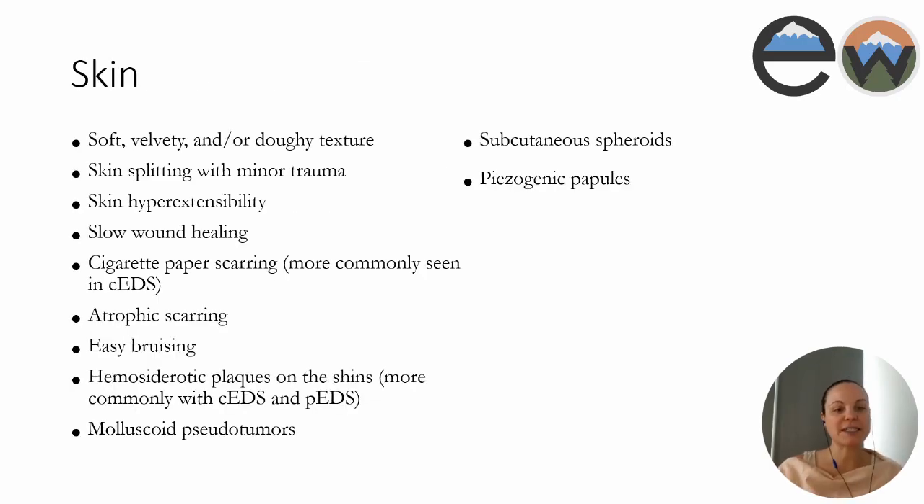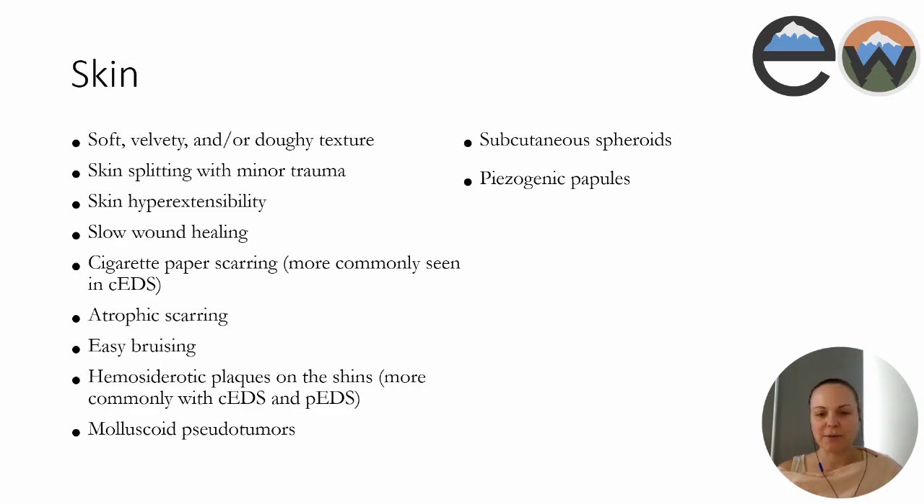Okay, so skin, there are going to be lots of skin stuff that pops up. Talking about more of the connective tissue component and not the inflammatory mast cell component, that's different talks. But if we're just talking about connective tissue, we can see the softer velvety skin that I was talking about, and even what's called a doughy texture. So even for those that work out a whole lot, there's just a little bit more of a doughy feeling to the skin and underlying tissue. Skin can split with minor trauma. That's more of the classical type of EDS that we see,